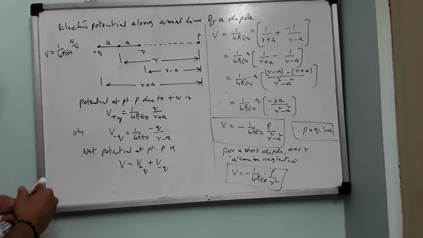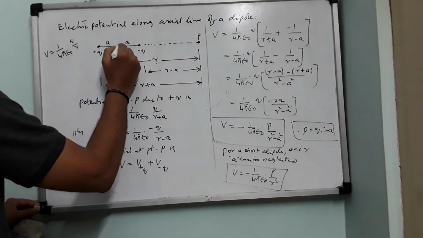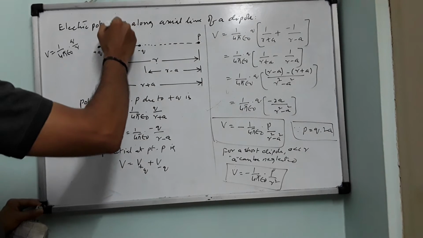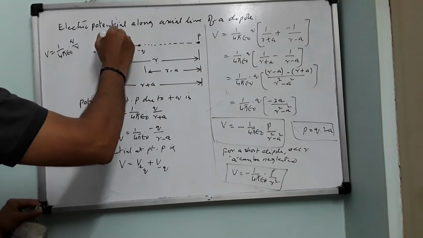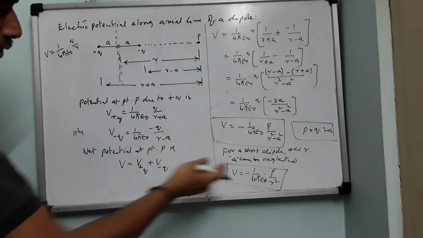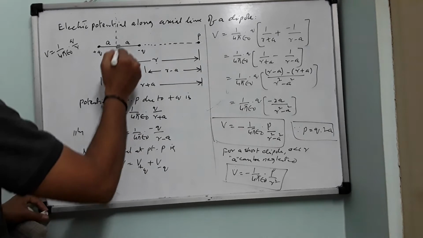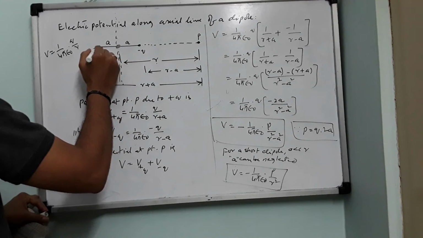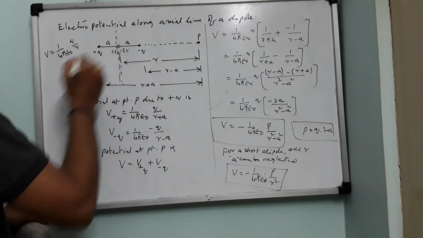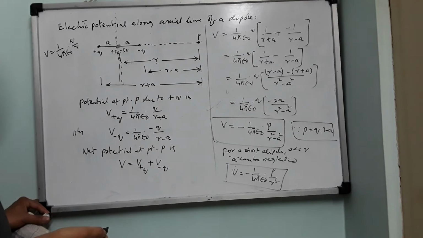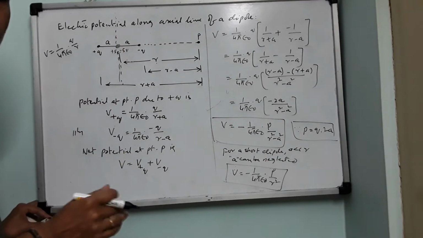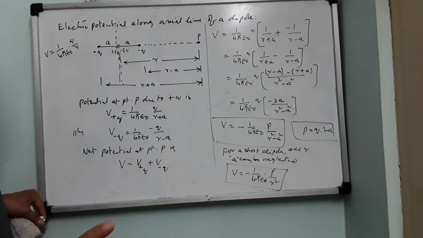Now, what is the potential exactly at the center of the dipole? When you took the equipotential surface, the equatorial line, you proved that potential at every point is going to be 0, and you said that potential at this point is also going to be 0. So this also should give the same answer. If you say here a and this is a, plus Q will produce a plus 5 volt, and this should produce minus 5 volt, because equal and opposite charges. So net potential is going to be what? 0. So potential at the center of the dipole will be 0. Remember, electric field is not 0, right?